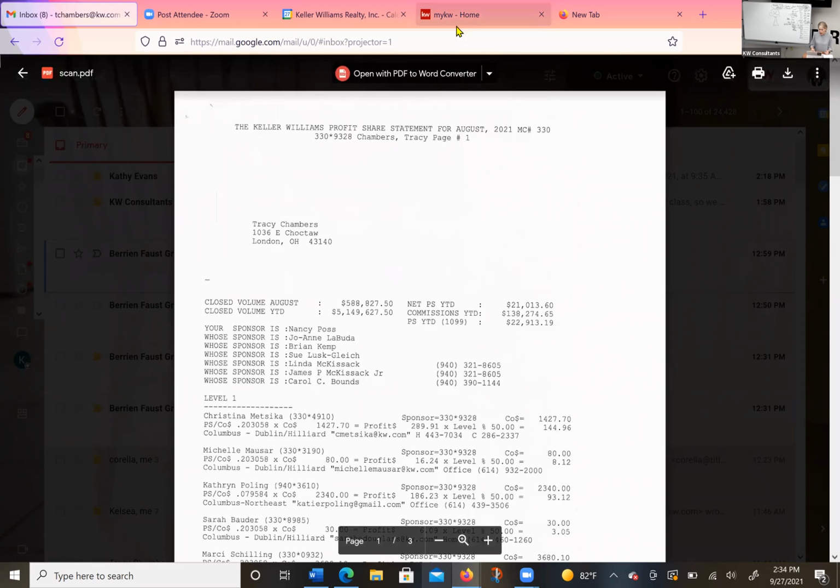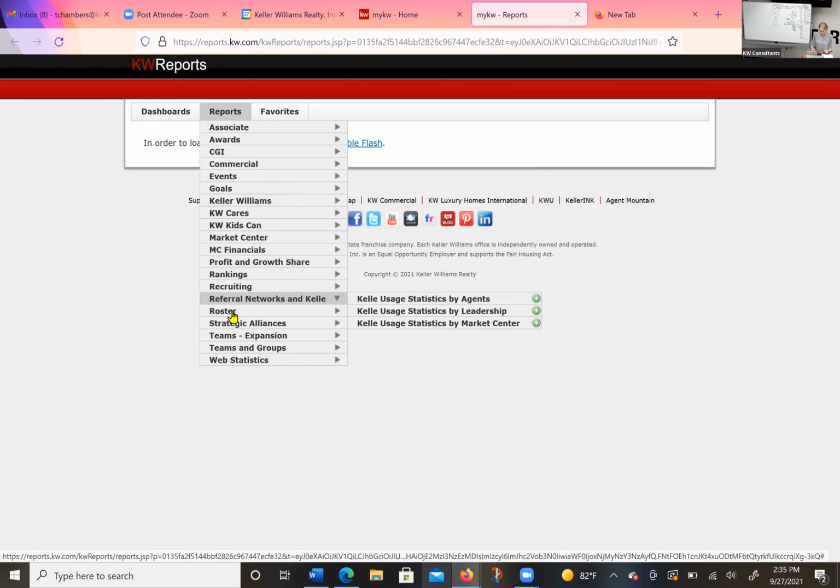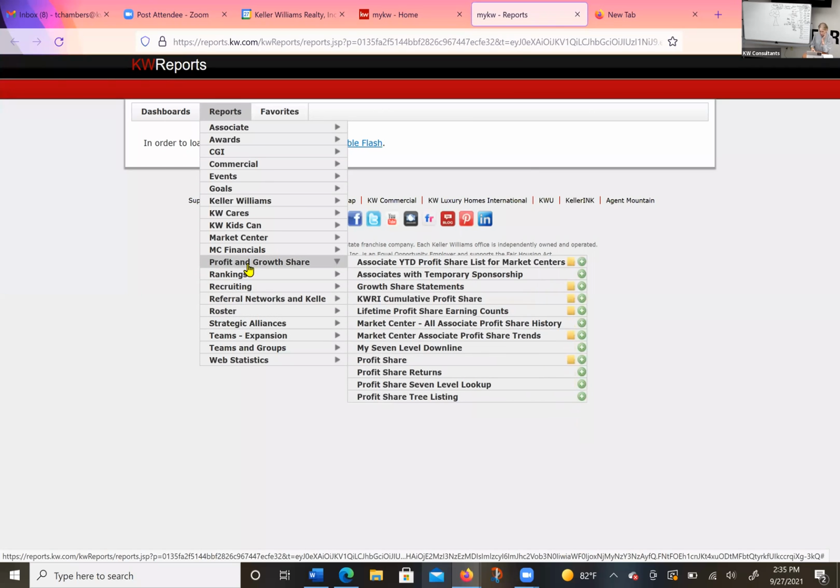So where do we find this information? If you go into reports, on the first page of kw.com, and then go into your report section, you're going to have your tab come up, and it says profit share. And there are 2 tabs I want to show you here real quickly. We love Crystal Reports, but they take a while. So if you go down to profit share and growth,